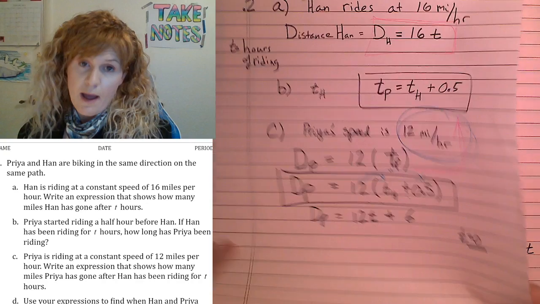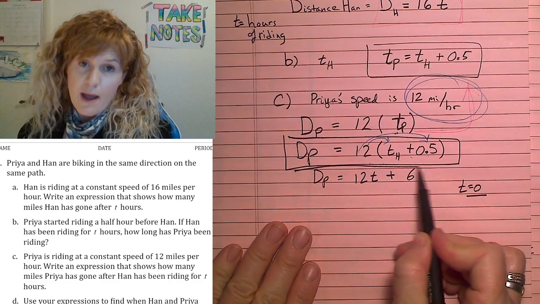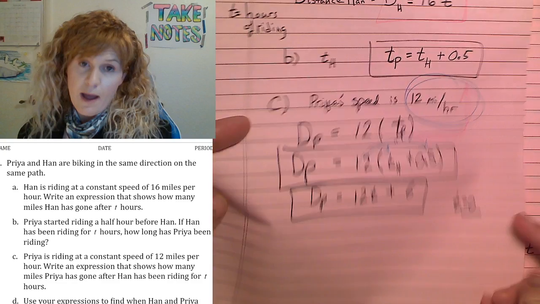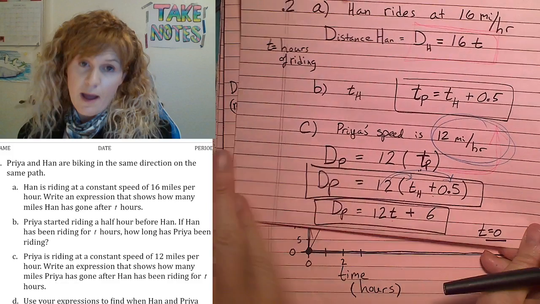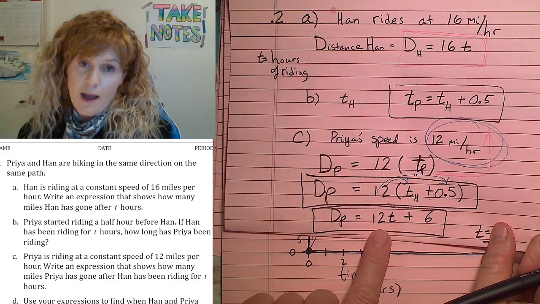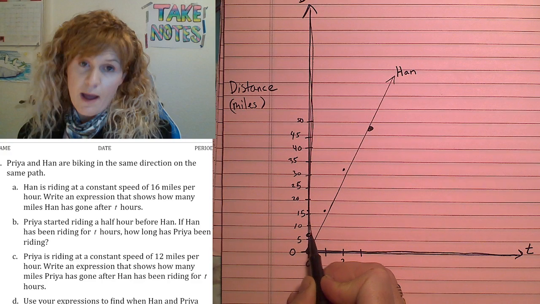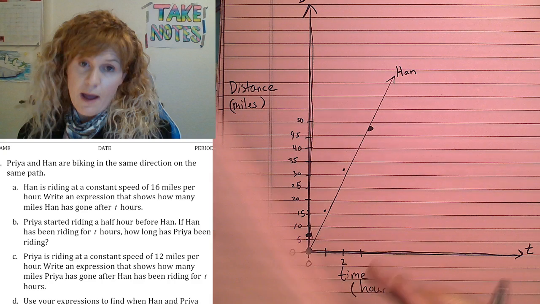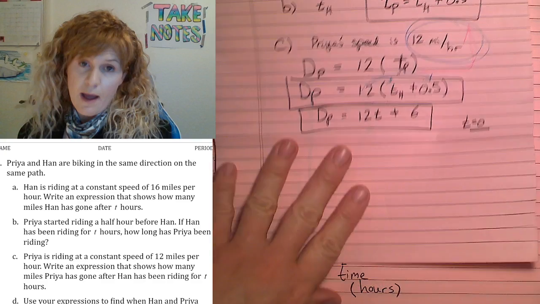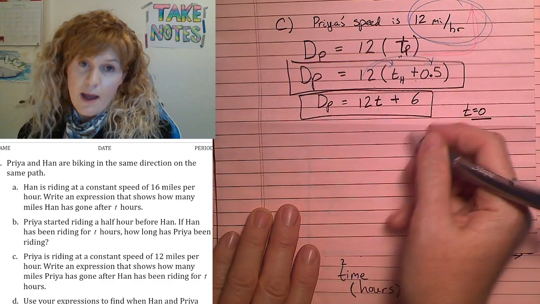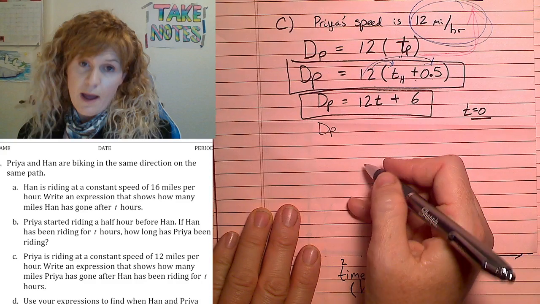Now I want to graph this. I want to graph this equation right here. And what it says is that Priya has traveled 6 miles and then she continues riding at 12 miles per hour. So our graph starts at 6 for Priya. At time equals 0, Priya's already gone 6 miles. And then after 1 more hour, she's gone 12 miles plus, just a second. I don't want to do the math in my head in case I might lose you. So let me draw this out. The distance that Priya has traveled,